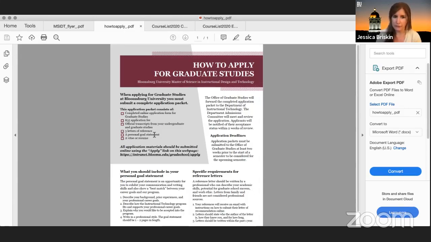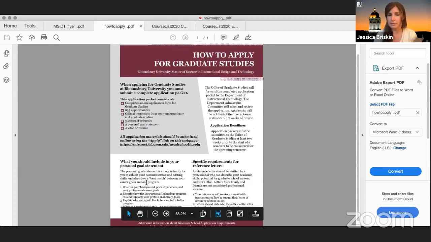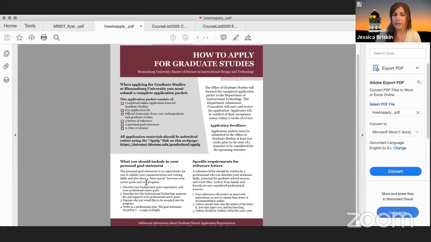There's a $35 graduate fee, and then you also put up your transcripts from any university that you've been to, 3 letters of recommendation, a personal goal statement, which is a little bit about what your background is and why you're applying to this program, and I can send this out to anyone. I can put my email in the chat. And then your vita or resume.